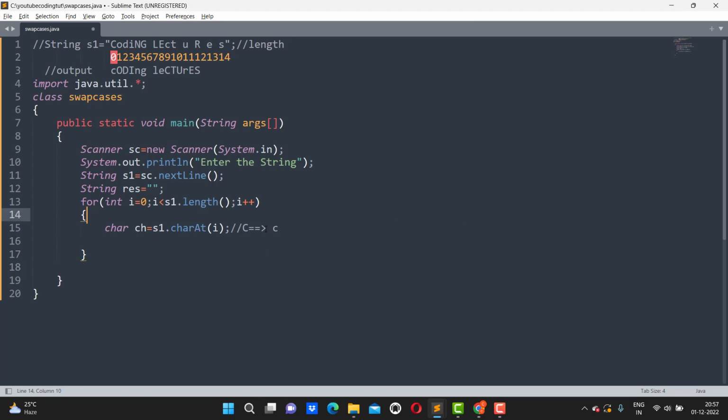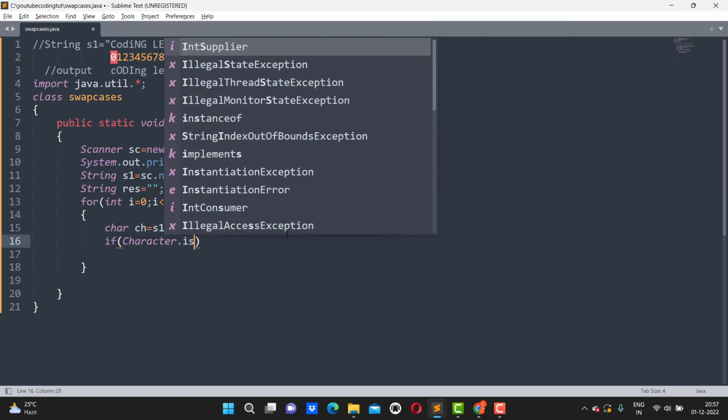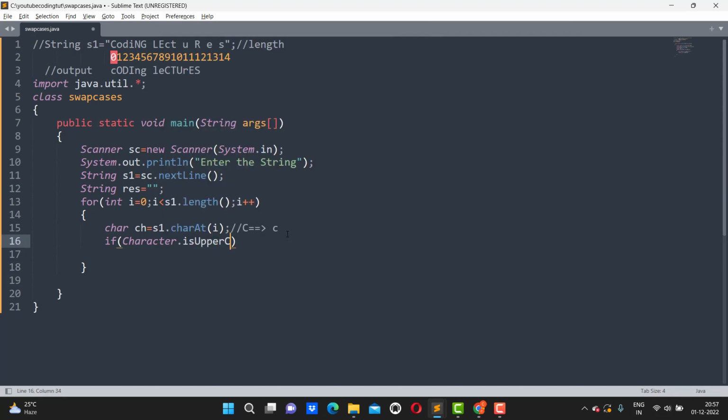So when i is 0, we have capital C present, which should be converted into small c. First of all, how to check whether a character is uppercase or lowercase? We have two methods. The first one is the Character.isUpperCase method, which can be used to check whether a character is uppercase or not. Another method is the Character.isLowerCase method, which can be used to check whether a character is lowercase